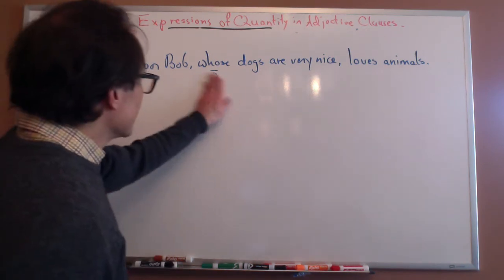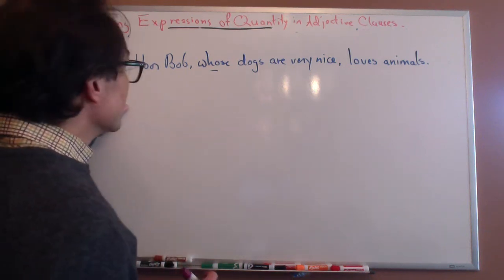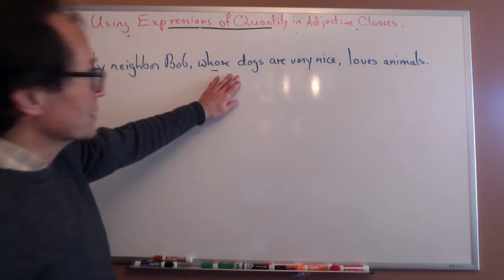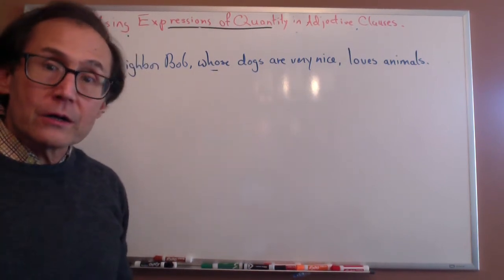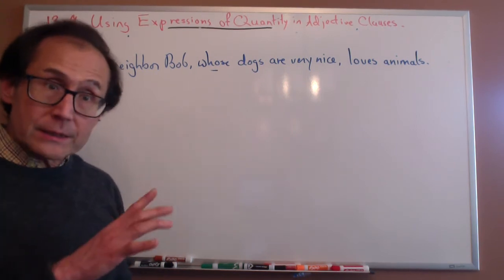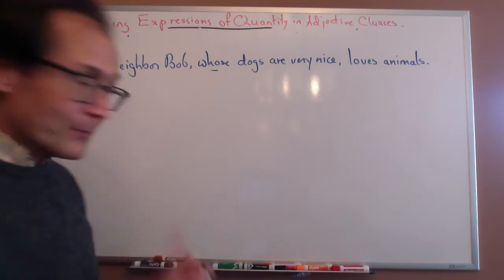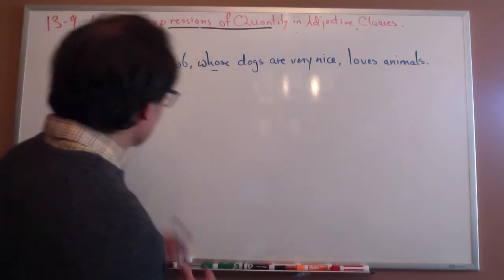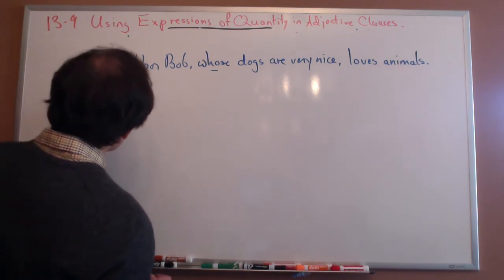Now, when an American or any English speaker hears this, they will think, oh, my neighbor Bob, whose dogs are very nice, loves animals. This sounds like all of the dogs are nice. But let's say I only want to say some of the dogs are nice. Well, how do I do that? I do it the same way. I say, my neighbor Bob,